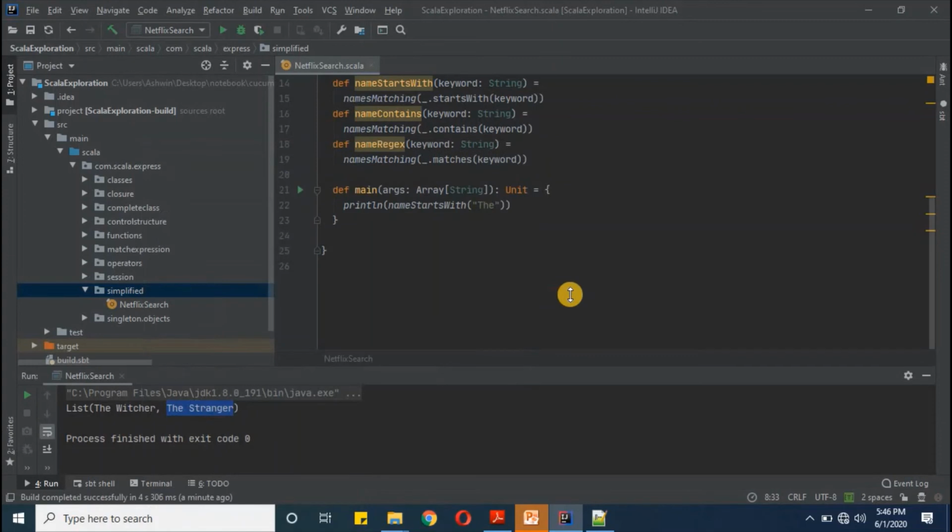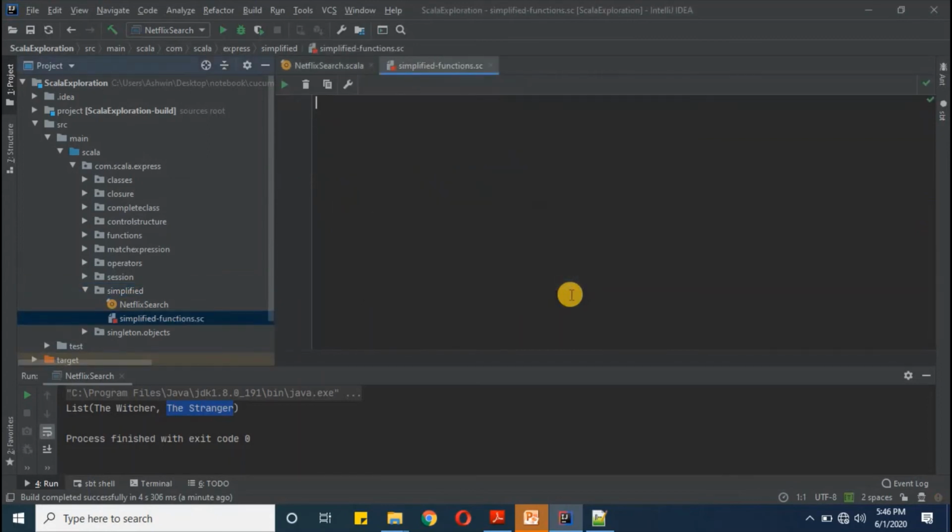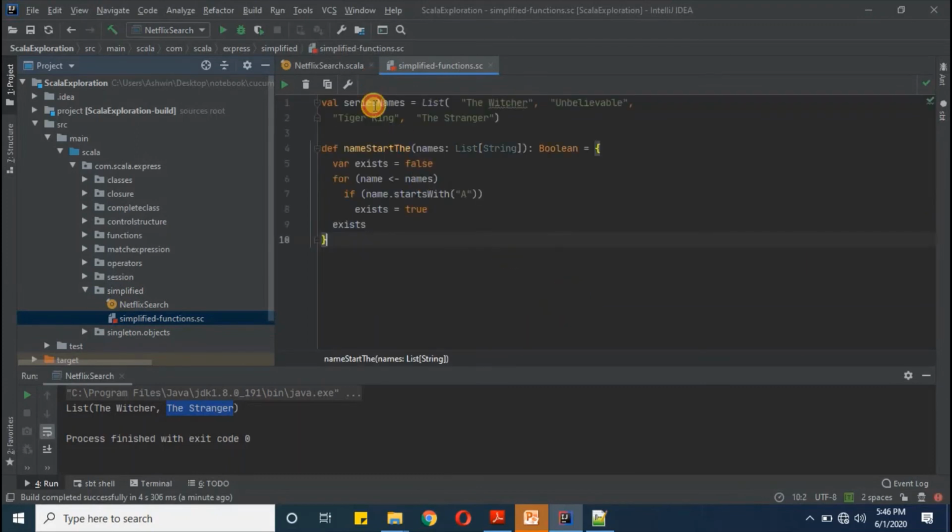To show the example, I'll create a Scala worksheet now. And then I'll define a list of string type. And then I'm defining one function, name is starts. Or let me follow the same pattern, name starts with, which will return Boolean type.